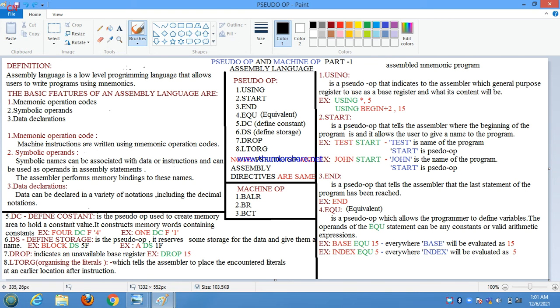First we will see the definition of assembly language. We are familiar with this, we know what assembly language is. It is a low level programming language that allows users to write programs using mnemonics. Mnemonics we have studied also. For example, L is a mnemonic for load, A is a mnemonic for add,